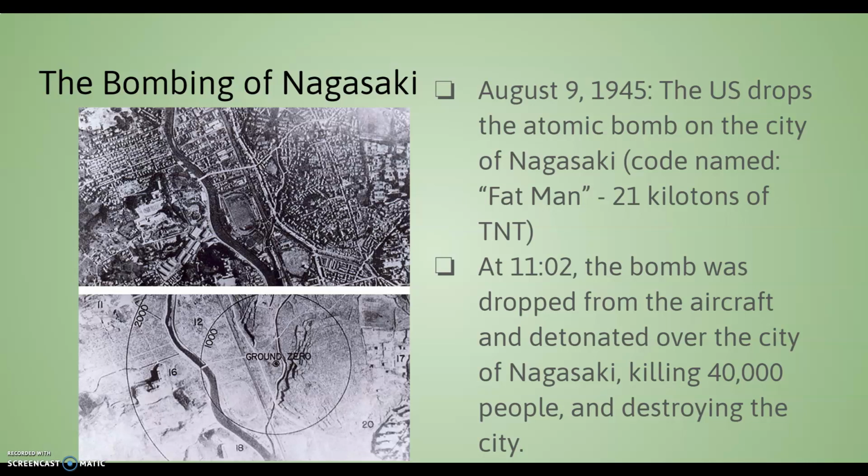This one was codenamed Fat Man. And this was a 21 kiloton weapon, so 21,000 tons of dynamite. Okay, and this one was dropped at 11:02 in the morning, and it kills 40,000 people. Now, it was more powerful than the first bomb, but because of the geography of the city, it killed fewer